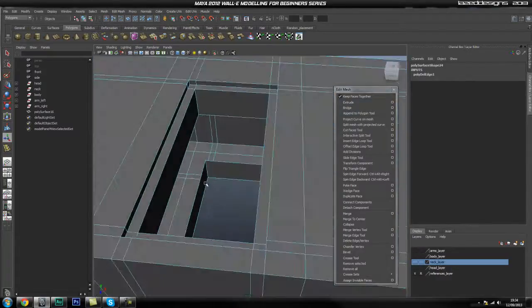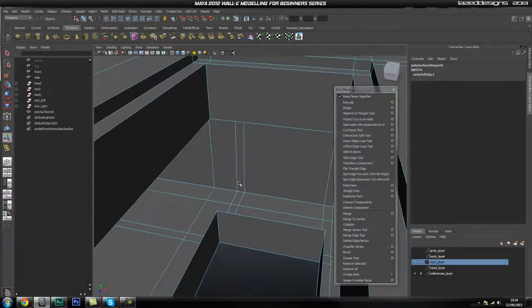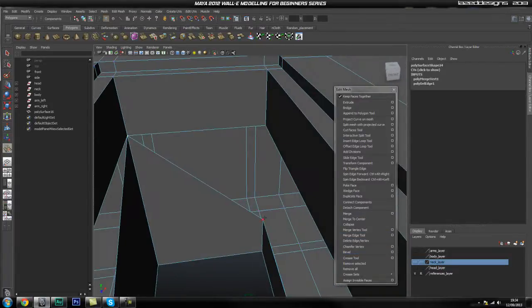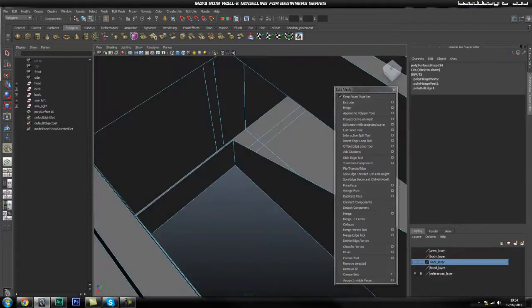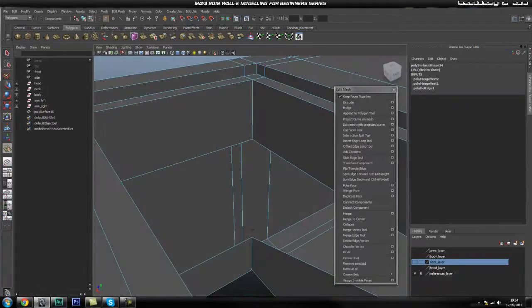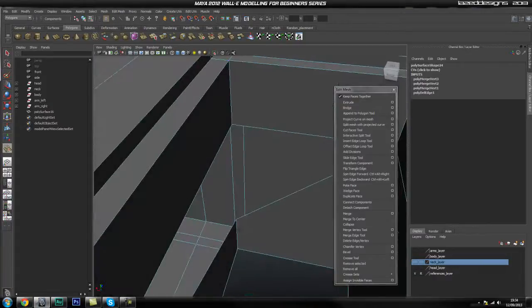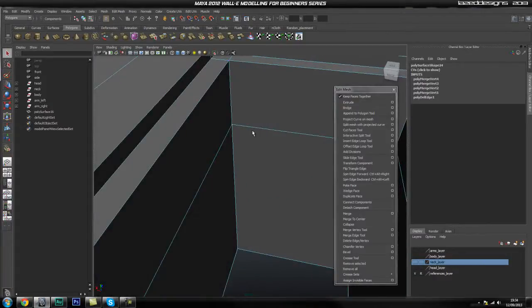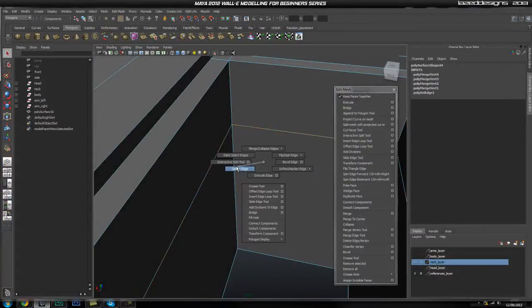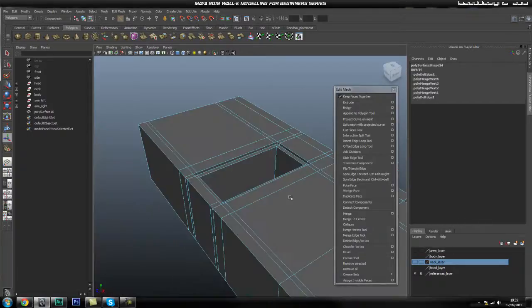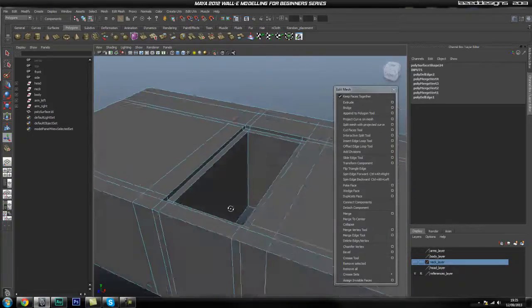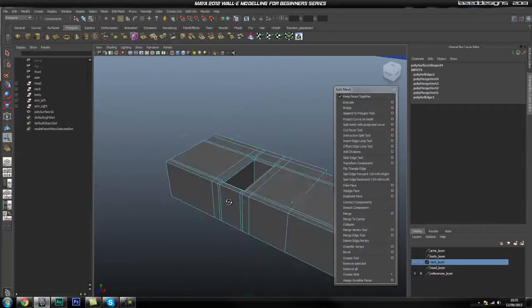So the next step will be, obviously, merge these two together, and we're just going to go ahead and use our merge vertex tool. So I'm going to drag up from here to there, from here to there, same thing on this side, and then we can go ahead and get rid of this edge around here, like so. Okay, so we got our hole cut in, we got our little indentation cut in,